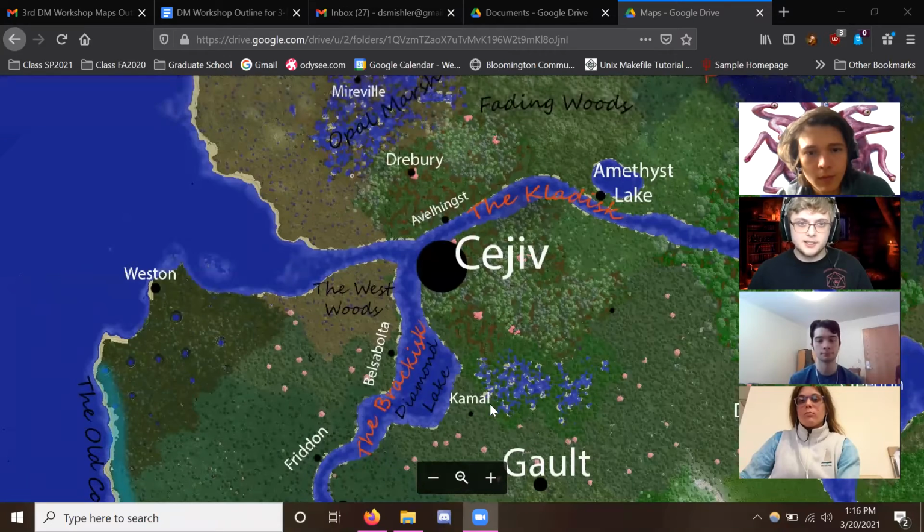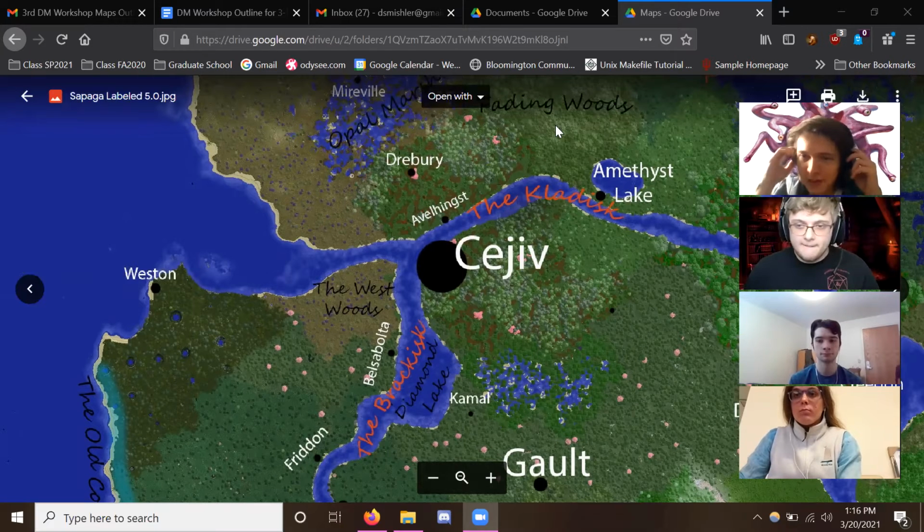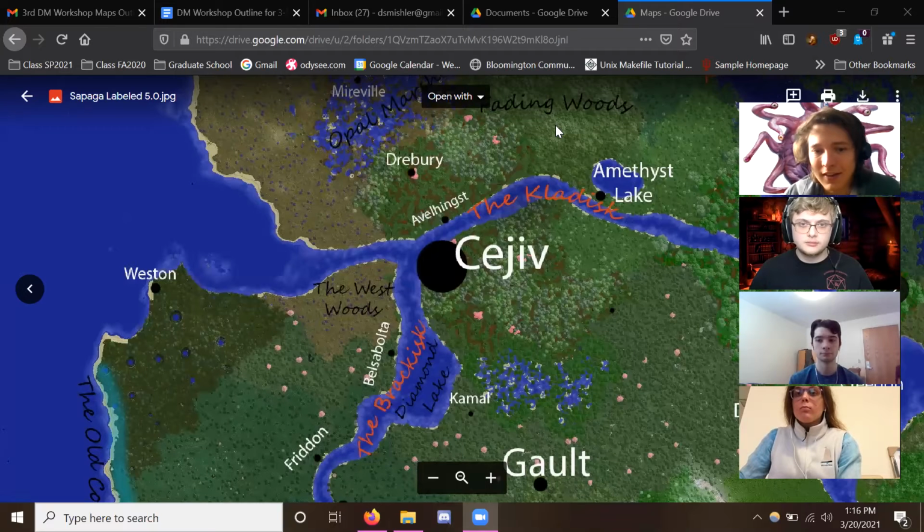So I asked Danny over here because he has a map of his continent in this world called Sapaga. So I'll let him show you a little bit about that here. Yeah, so to contextualize this, there are a lot of different types of maps, and as Tyler said, the main reason we use maps is because we're DMs trying to tell a story, and maps are a tool that helps us tell the story, and it's especially useful to have players use these resources to look around. You can also have maps of entire continents, and this is really helpful for campaigns that involve travel,